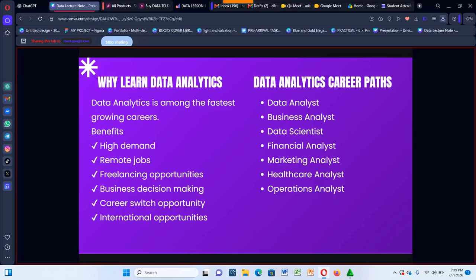I just want to briefly show us the career paths in data. After the whole learning process, you can choose to become a data analyst, a business analyst, a data scientist, a financial analyst, a marketing analyst, a healthcare analyst, or an operations analyst. It's based on your own choice, what you want to build, and you pick your own path. Moving forward,